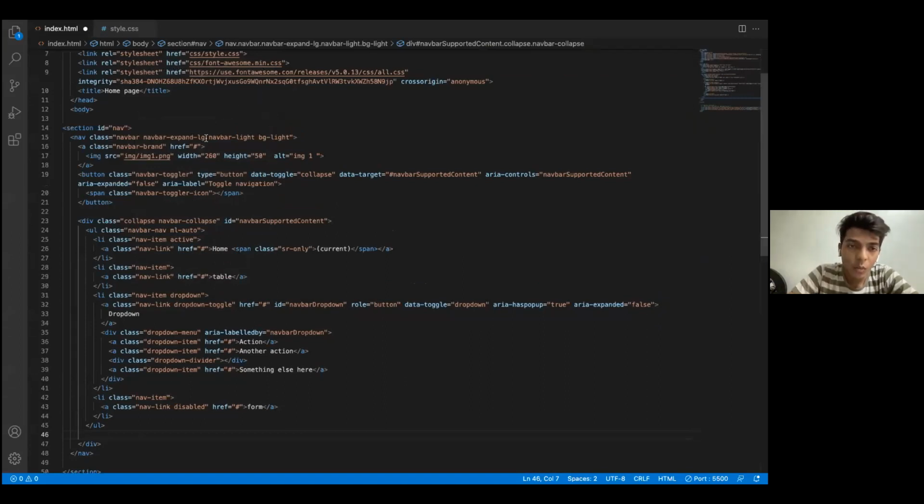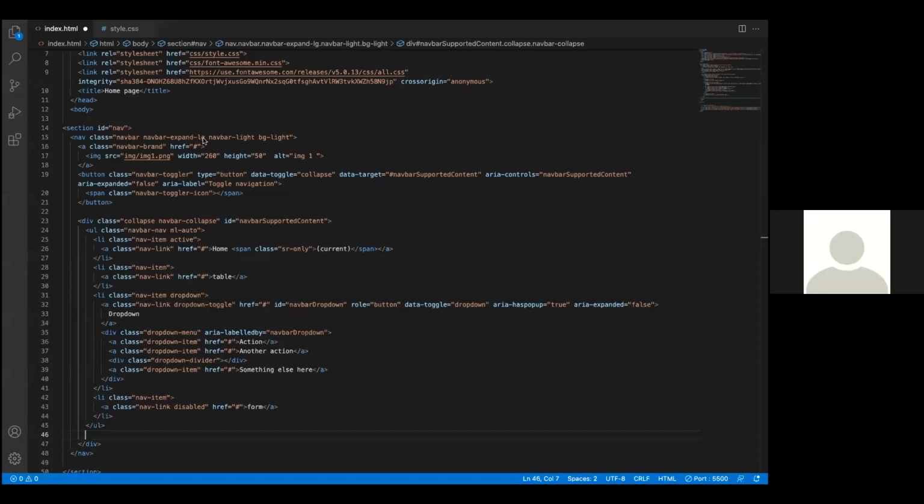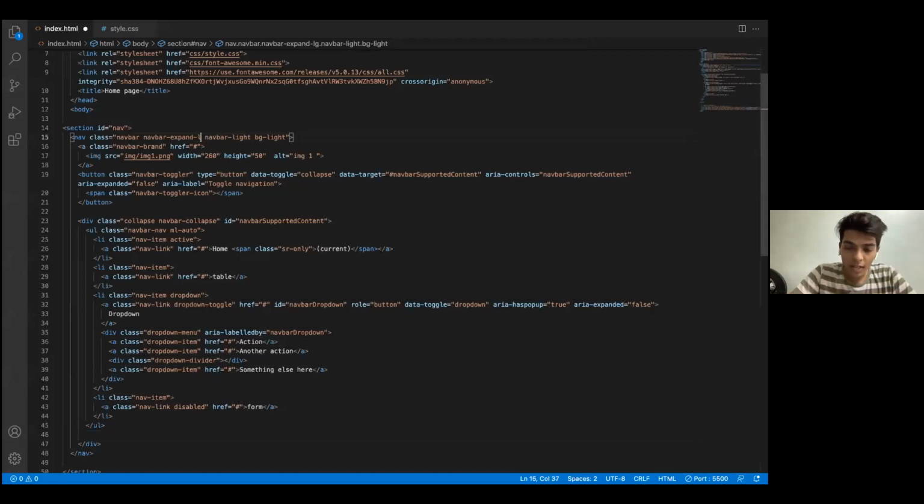The first thing that we'll do is go to the first nav classes that we have. The first class is navbar. It tells us that it's a navbar. Then navbar-expand-lg. So yesterday, as I told you, I want my navbar to expand when it is LG and collapse when it is less than LG. This is part of that grid system that I explained to you yesterday. You can make it MD, you can also make it SM, but the two basic ones that are used are MD or LG. So I prefer MD, so that after the desktop,